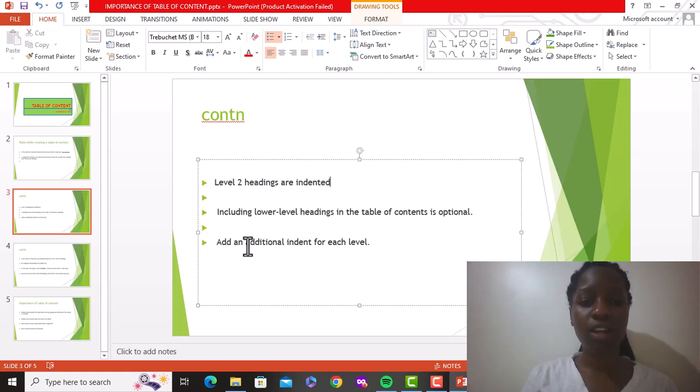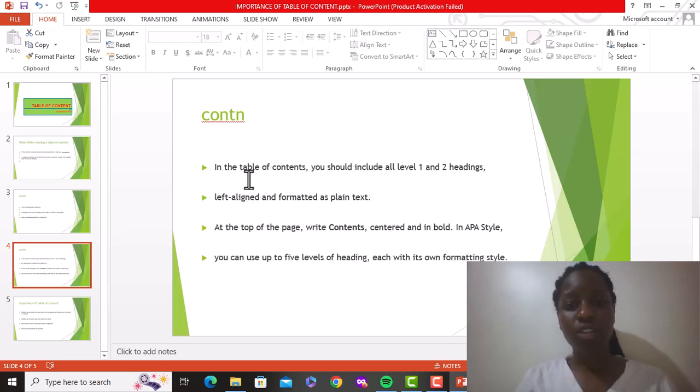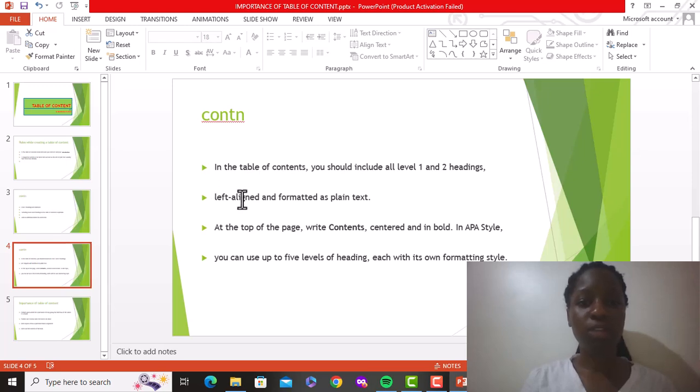Then adding an additional indent for each level, we shall see that. And then in the table of contents, you should include all level 1 and level 2 headings. They should be left aligned and formatted as plain text. At the top of the page, write contents centered in bold in APA style. Okay, let's first see this. At the top of the page, write the contents